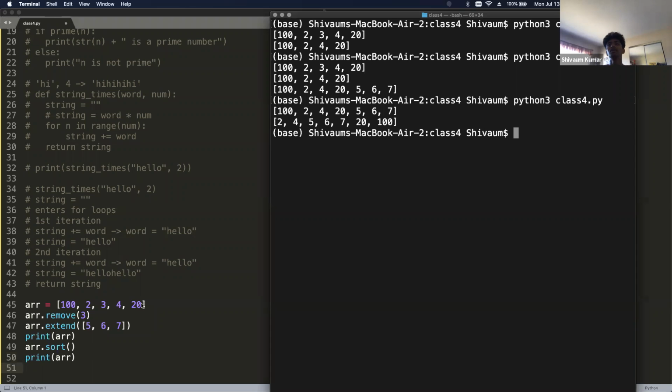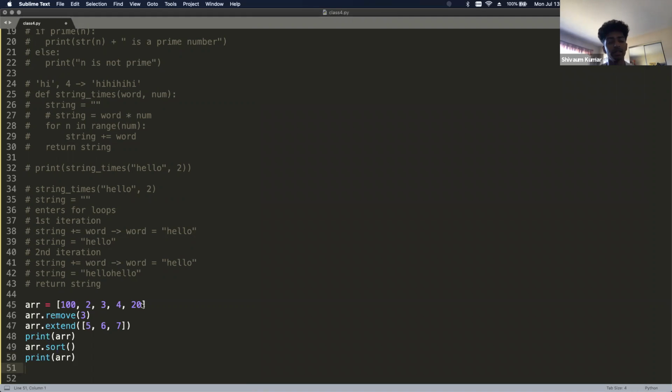So I'm assuming, let me know if you guys learned about this, I'm assuming you guys have learned about different indices in arrays. Like you guys know what the index value of this number is rather than this number. Have you guys learned that?